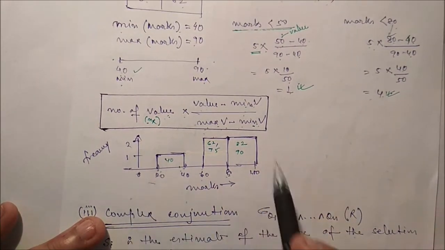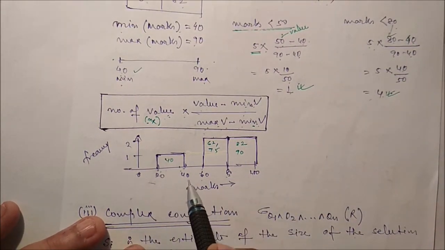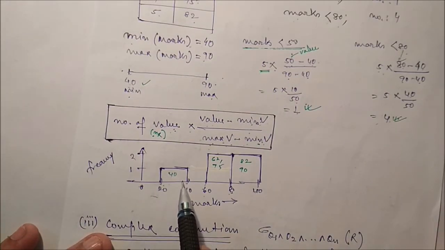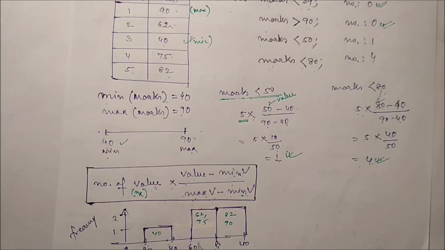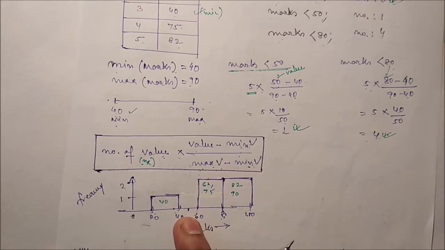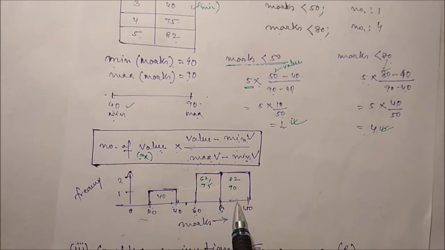Now we can use the histogram also. Suppose marks less than 39. That means somewhere here, so we can say it is 1. It is very near to 0. The actual answer is 0, very near to 0. And what about marks less than 50? 50 is somewhere here, so less than 50 means definitely only one record may be there. Marks less than 80, near about 2 plus 1, so 3 records must be there. Marks greater than 60, near about 1 plus, so 2 plus 2, 4 records are there.